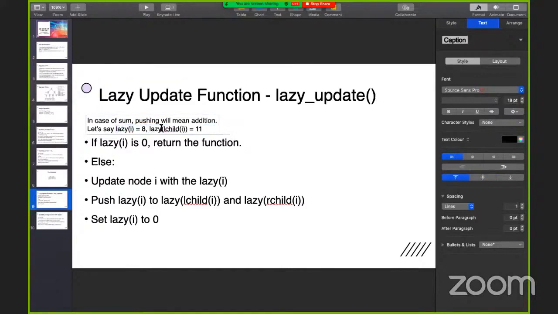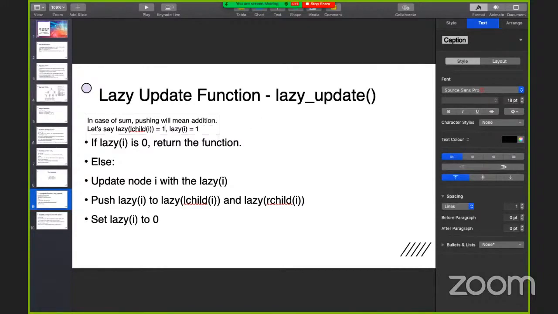In terms of flipping, however, let's say lazy[left child of i] is equal to 1, which means that it has to flip, and lazy[i] is also 1, which means this also has to flip. Then this would become 2, but there's no such 2. If we flip everything twice, then it goes back to normal. So we can do something like a 1 minus operation.